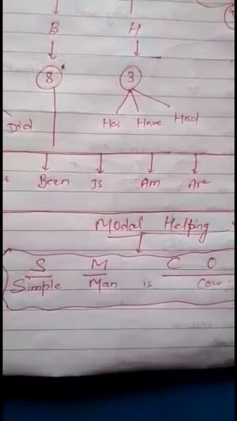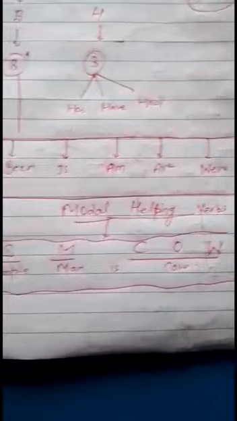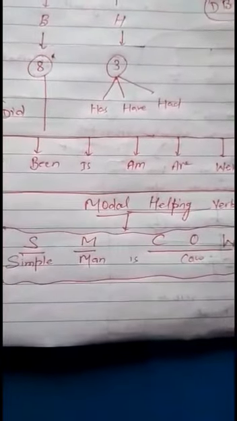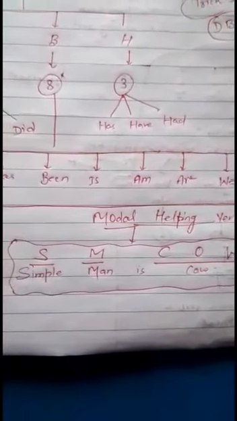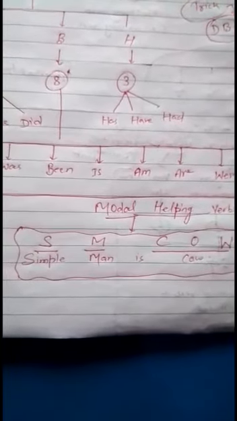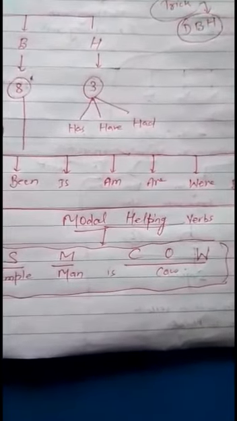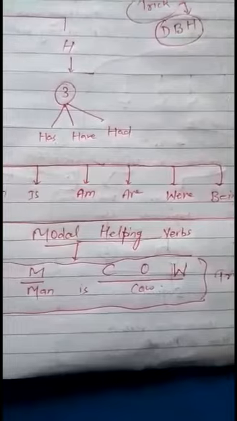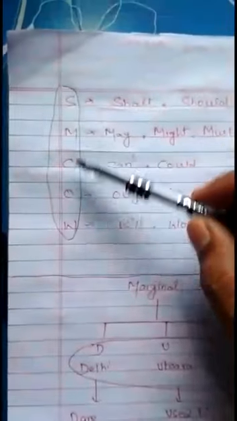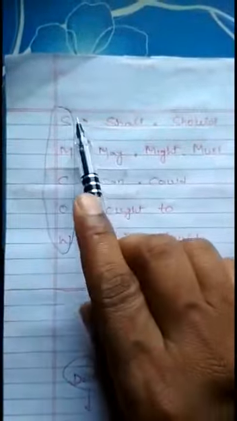Now the turn comes of modal auxiliary verbs. To remember modal helping verbs, I have created one simple trick, that is SMCOW. S stands for simple, M stands for man, is to complete the meaning. COW, cow itself, is going to play a vital role in this trick. Now how it is going to give you benefit, just see. You write down SMCOW in this manner. Then S stands for